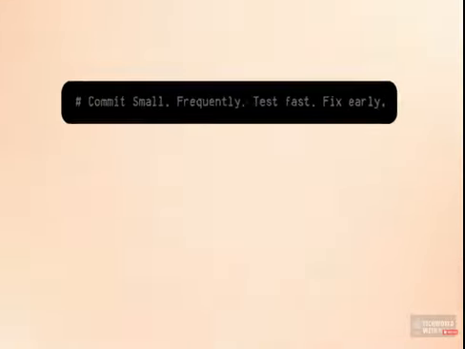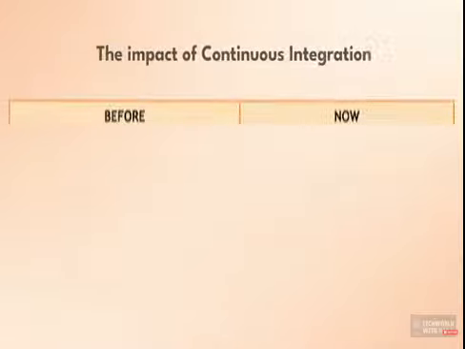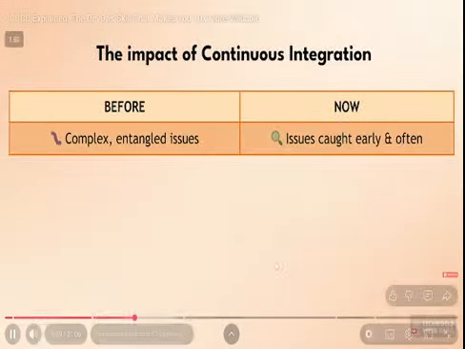And that, my fellow engineers, is called continuous integration, CI. So we are integrating our code changes often in small sizes into the main branch. Let's look at the impact we just made. We are catching the issues faster